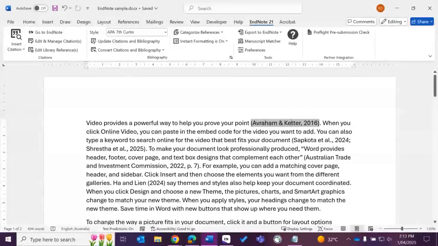So this one is talking to EndNote because it's got that grey shading. But if you try and submit a Word document where the EndNote formatting is active and it's trying to talk to your EndNote library, it can cause issues of